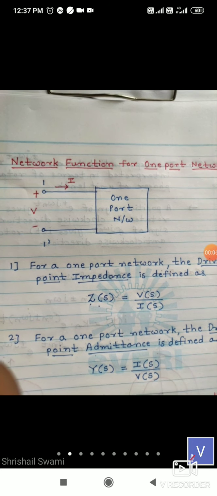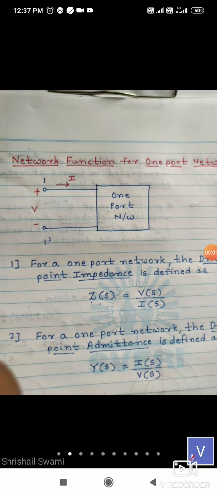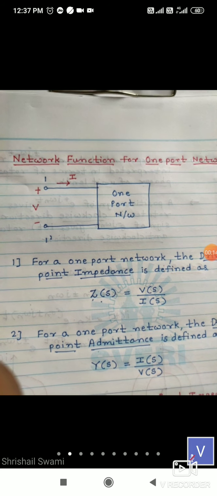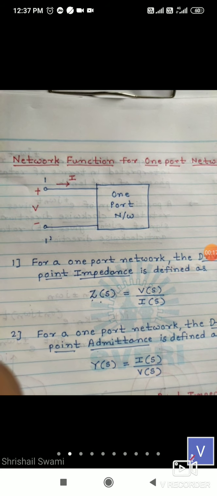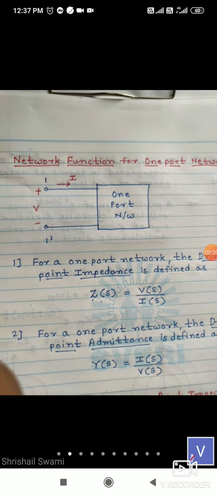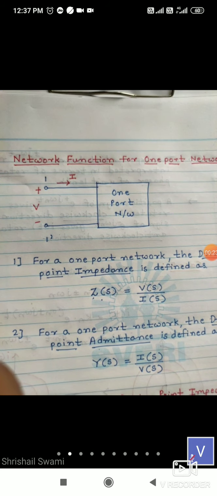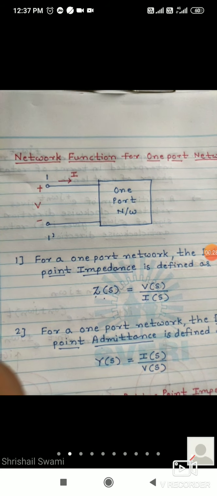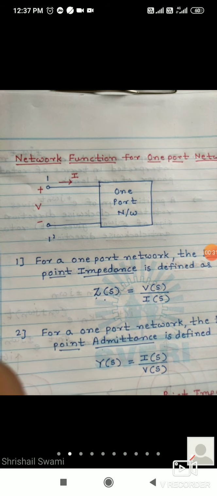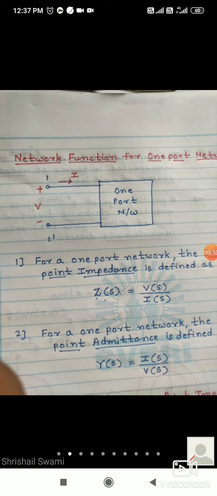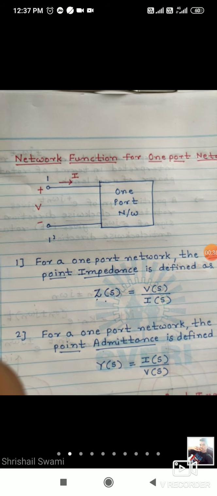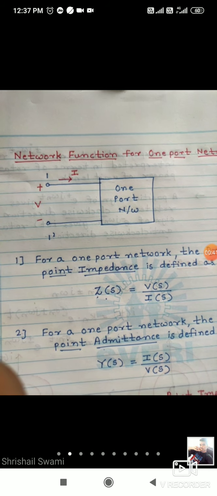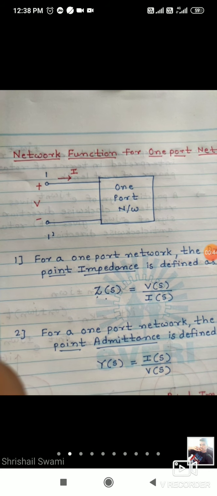In the last lecture, we covered the concept of complex frequency. What do you mean by complex frequency? It is denoted by S. S means the Laplace domain, that is the S domain, where we can plot the poles and zeros of a network function, which will decide whether the given system is stable or not. Then, according to the values of sigma n, the real part is called the Napier frequency, and omega n is called the radian frequency. So these denote the real part and imaginary part of a complex number.